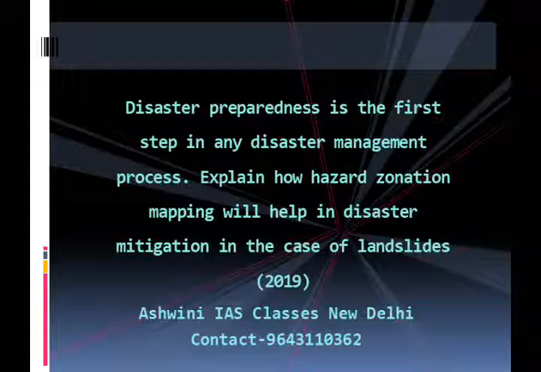Third is community level initiatives. This I have discussed in the previous video as well. The goal of any disaster management initiative is to build a disaster-resistant or resilient community equipped with safer living and sustainable livelihoods to serve its own development purposes. The community is also the first responder in any disaster situation, thereby emphasizing the need for community-level initiatives in managing disasters.